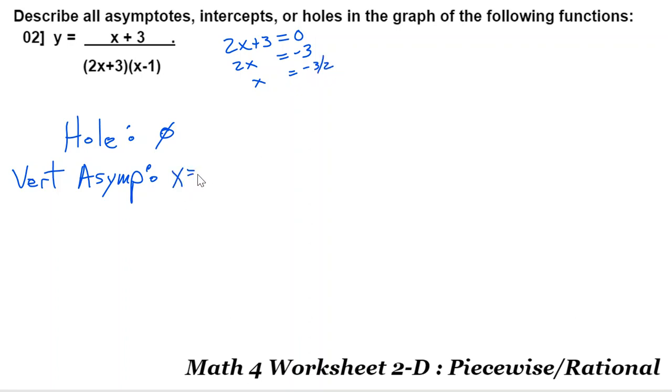So I would say maybe -1.5 and x equals +1. Those are my vertical asymptotes. Now at this point, if I were to multiply this out, I would wind up with an x on the top and an x squared on the bottom. That's what I'm looking at, x to the 1 over x to the 2. And because it is bottom heavy,